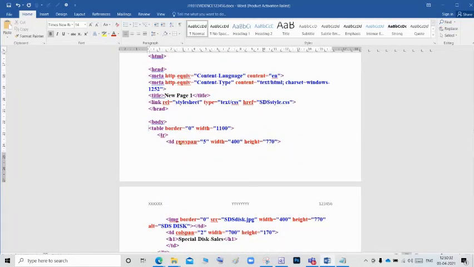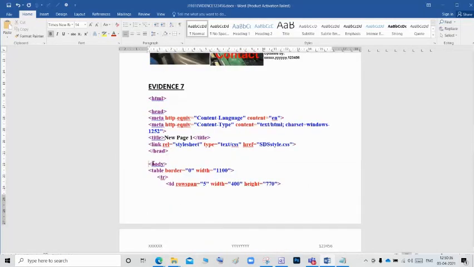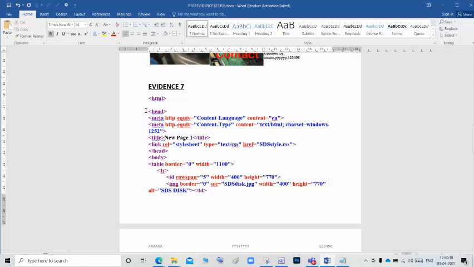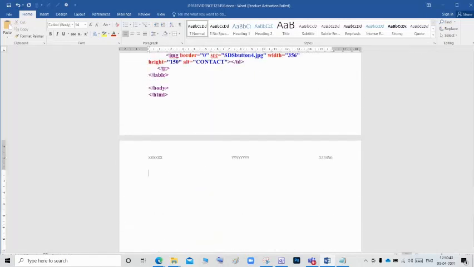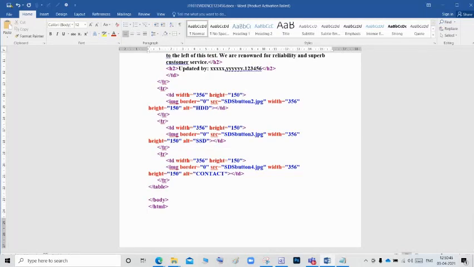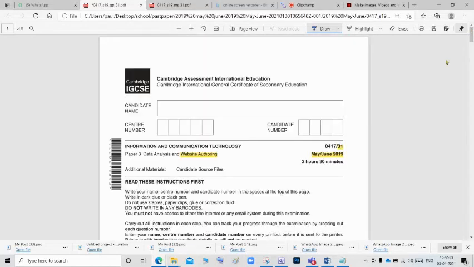The table, I'm going to check, it's not coming. Body also I can remove and the head. Like this I can see it is coming in one page. Save the evidence document. So now we finished the May June 2019 website authoring paper 3.1.